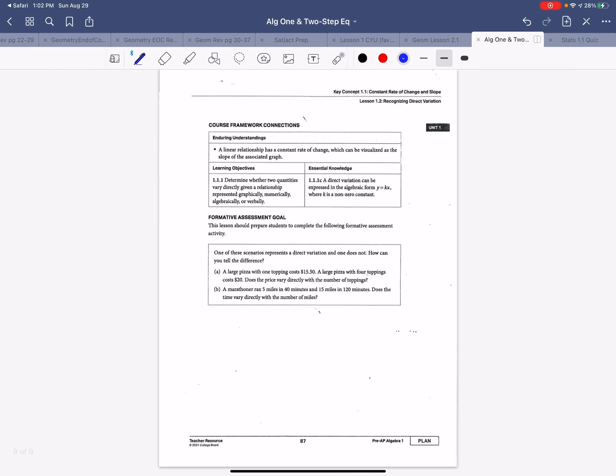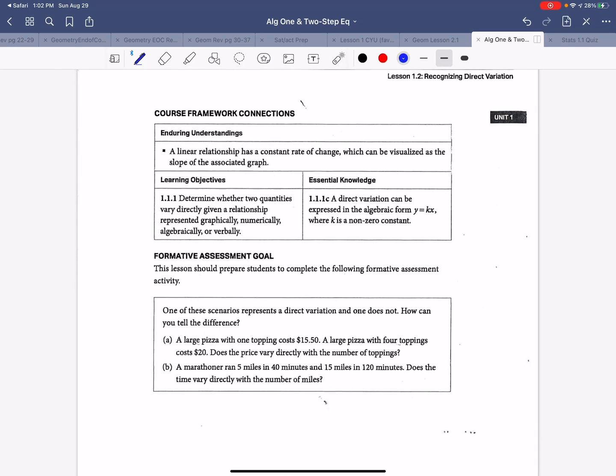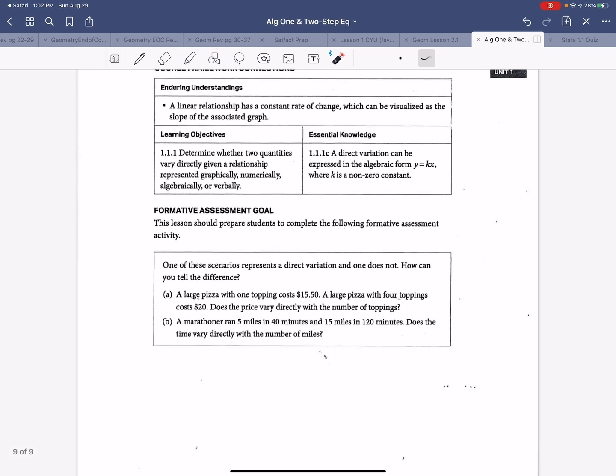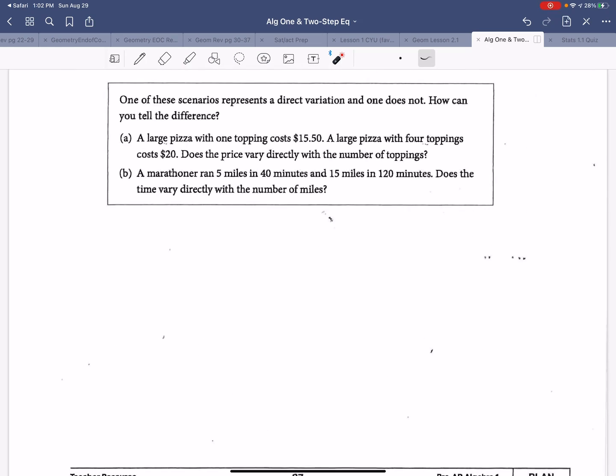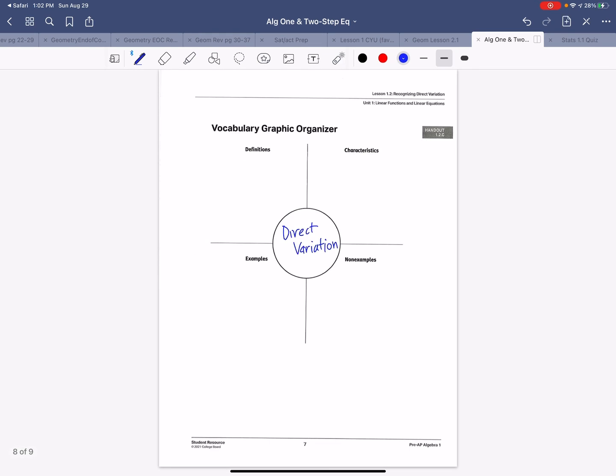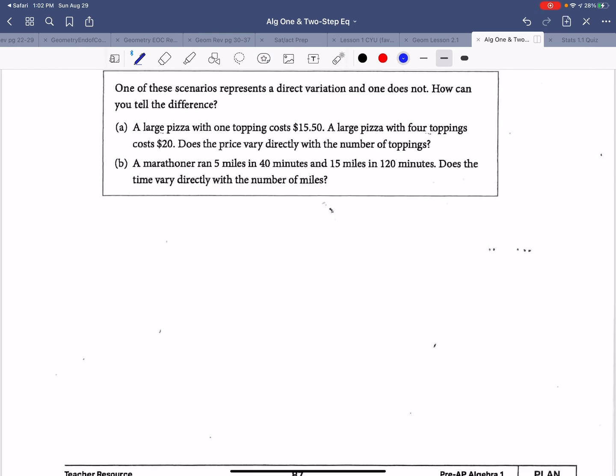So let's zoom in. At the top here, these are the learning objectives, right? Here's what they were asking for you to understand after the activity. It says, one of these scenarios represents direct variation and one does not. How can you tell the difference? Using this graphic organizer, we found out that direct variation